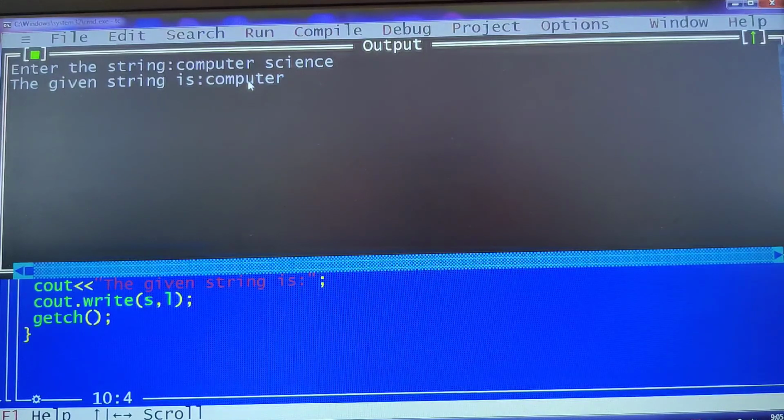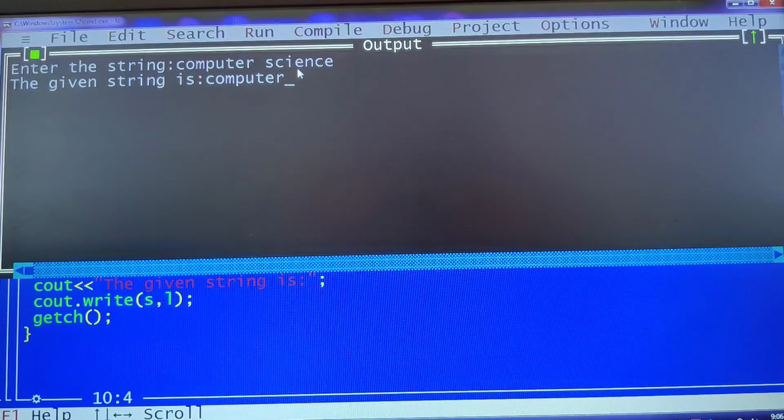So this is because I'm using cin to read the input, whereas the getline function keeps on reading the sequence of characters until it encounters a new line character. Even if it encounters a blank space in the middle, it keeps on reading. When it encounters the new line character, or when the size becomes equal to the number of characters of the given string, then it will stop reading. Until that, it keeps on reading the characters.